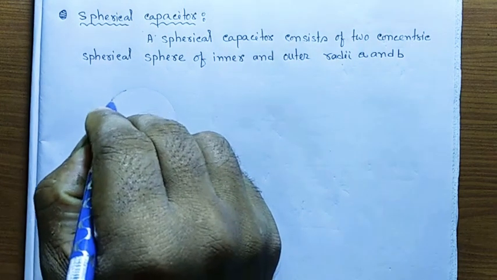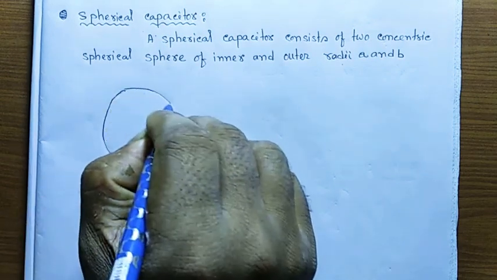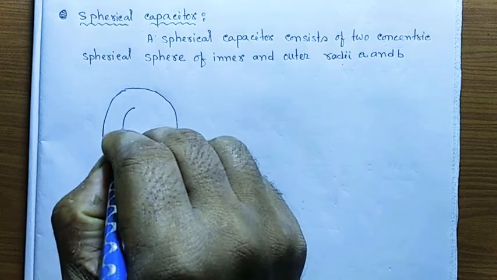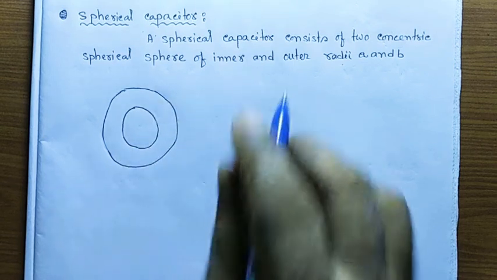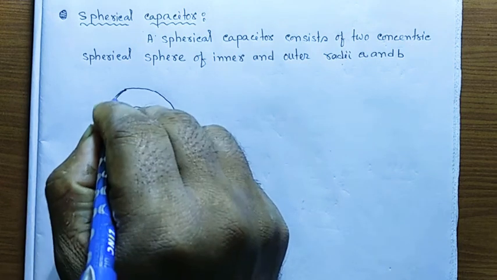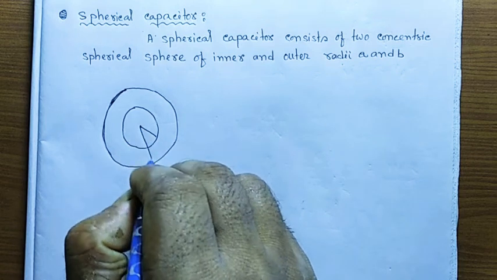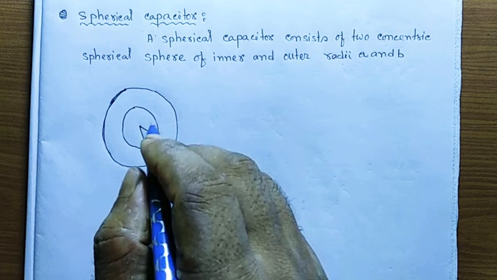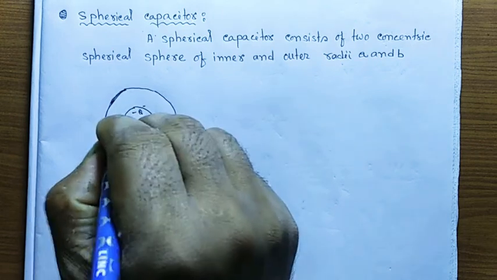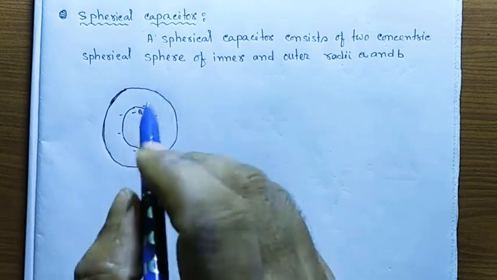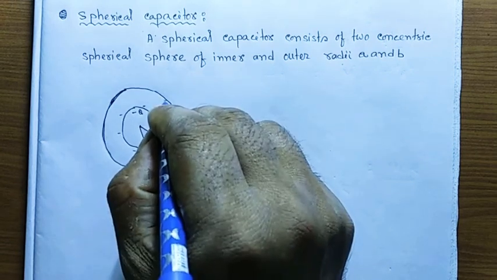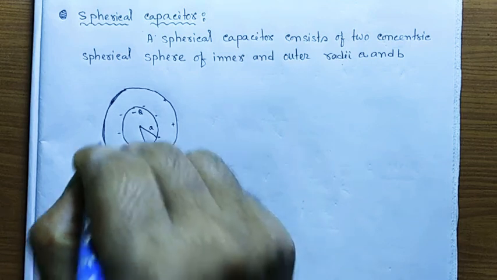Suppose here it is the two shells of concentric sphere, radii A and B, and suppose consider it is charge negative Q, negatively charged, and due to induction this shell attracts all the positive charges from the shell of the radius B. So all the positive charge goes inward,